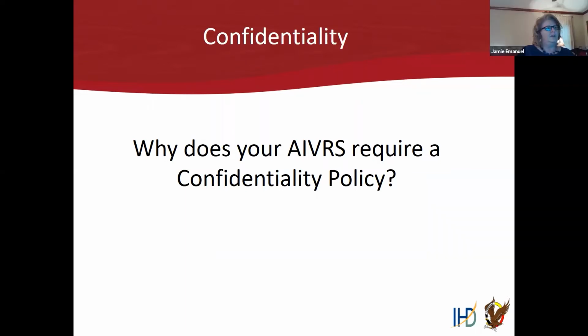Okay, I'm looking at the chat box over here. Karen says that they do have a policy stating that they have an outline for self-harm or harm to others.